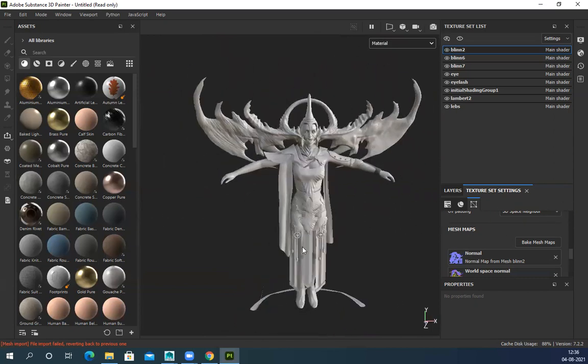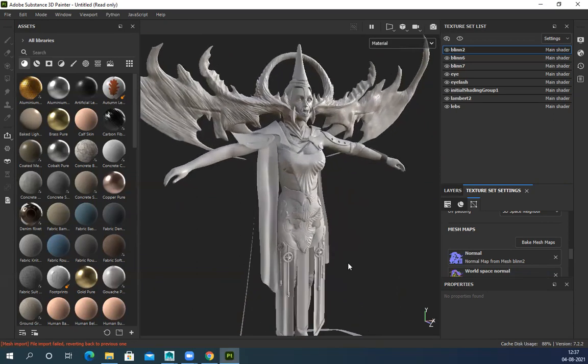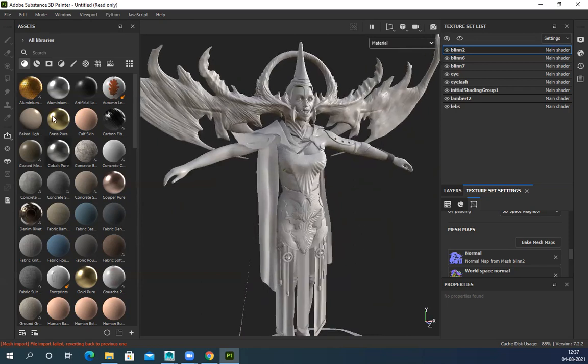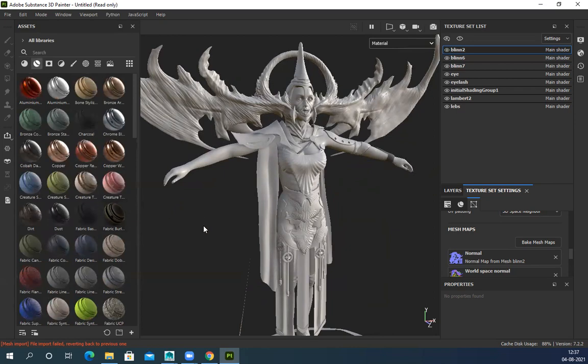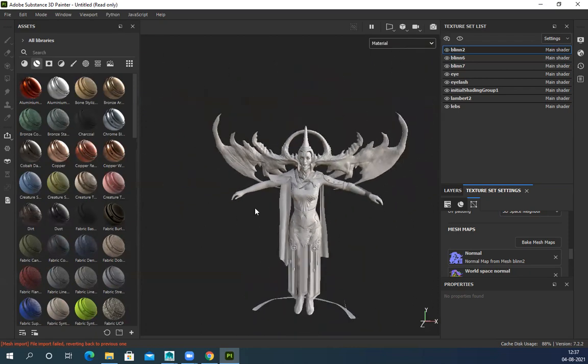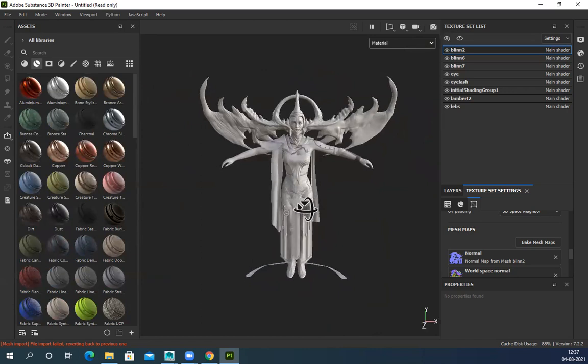Once you bake it, texturing hardly takes long, it depends on what you want to do. It will take 1 or 2 days at most. Texturing is super easy because most of the texture will generate. We have a lot of presets already in Substance, and plus there is Substance Share where we can find a lot of presets. We can use them and texture it very easily. Okay, then I'll fix this.